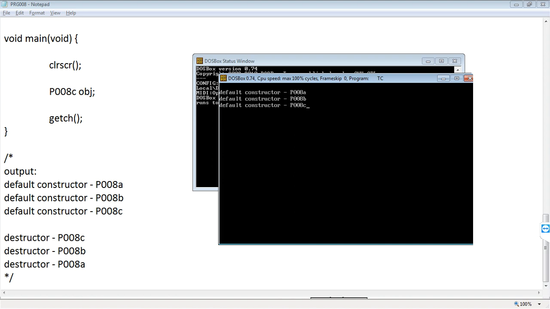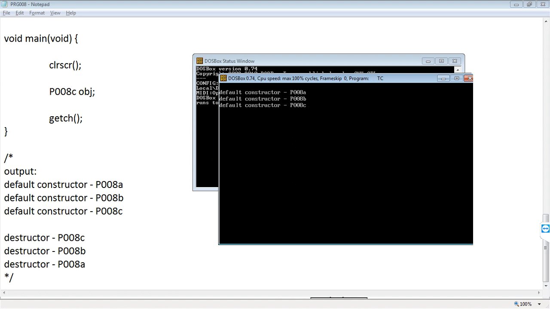Okay, now I press the escape key. The program has not finished, so the class is also not finished according to this example, and because of that the destructor is not displayed.